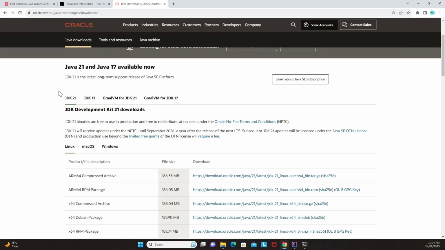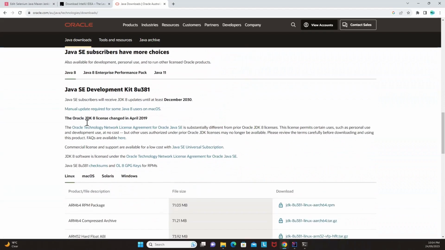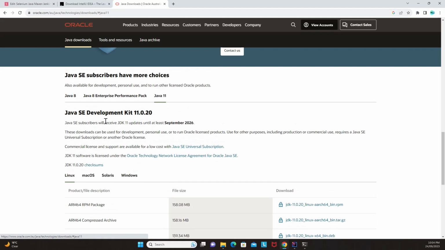But what I have done is I have selected something which is JDK 11. Now I just scroll a little bit down and you can see that Java 8 version is also available and Java 11 version is also available. Now it depends on you what you really need to select. I have selected Java 11 for the purpose of stability. Java 11 is quite stable, and I'll just click on this Java 11 tab, and then there is an option